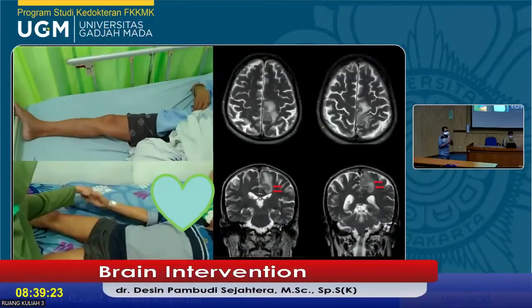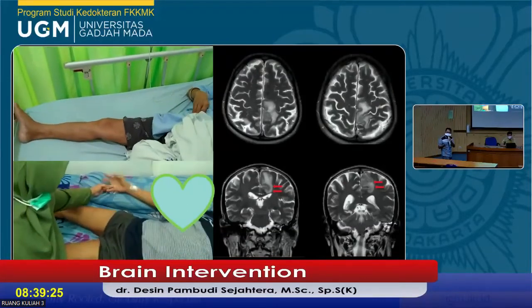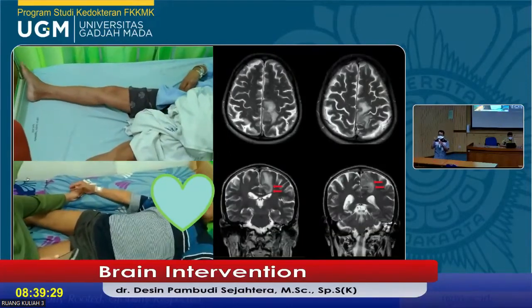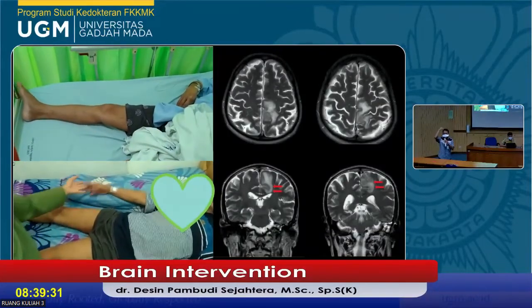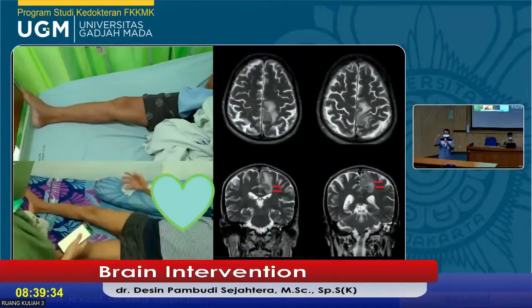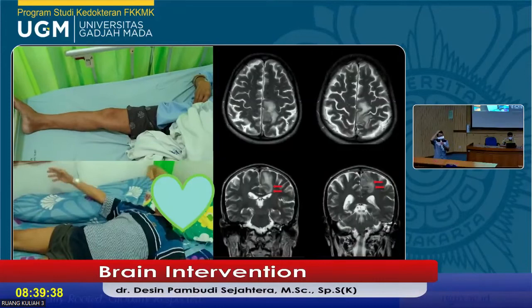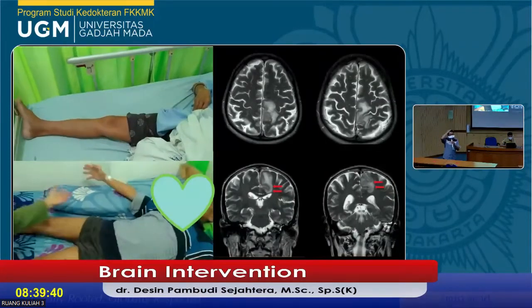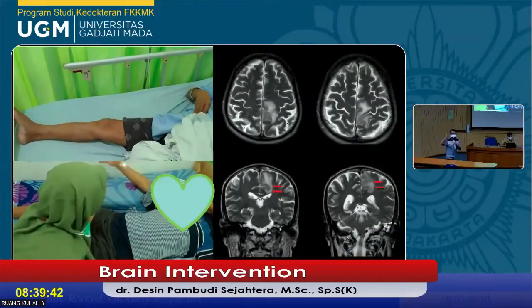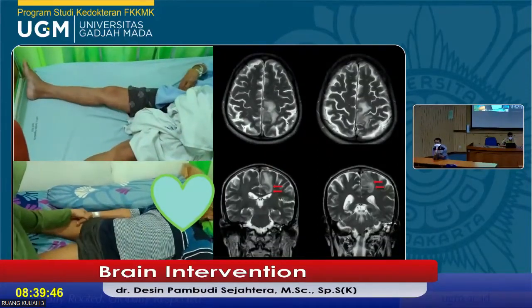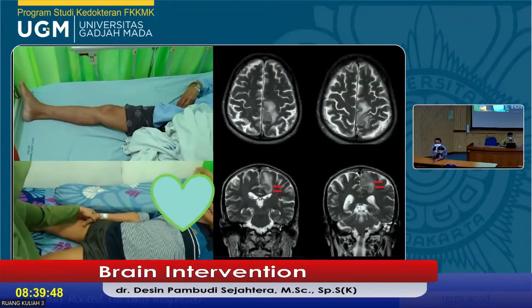Look at the video. This one is a myoclonic jerk on the right leg. Right leg, hand and leg. Where are the leg and hand on the homunculus? Hand, medial or lateral?